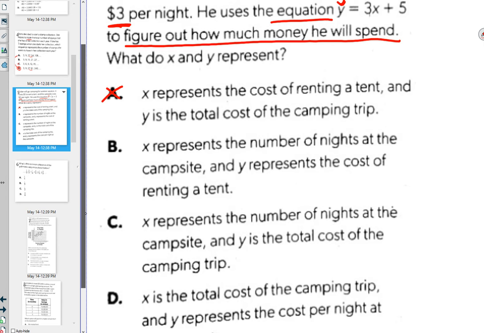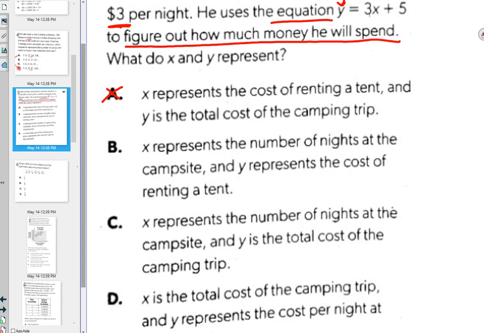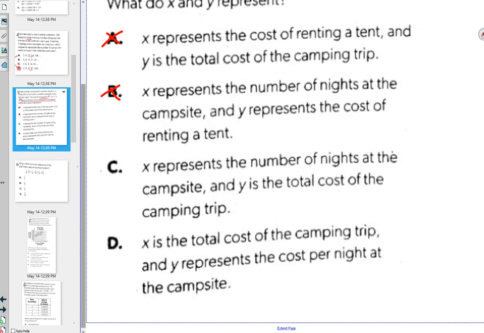X is the number of nights, and y represents the cost of renting a tent. No, it's not just renting a tent. X represents the number of nights, and y is the total cost of the camping trip. That one seems good. And it's not D either. So it's